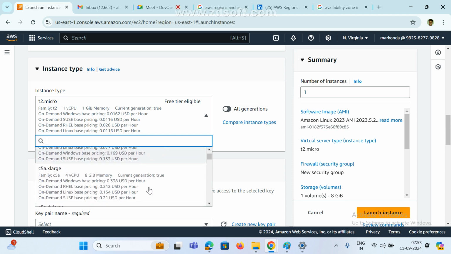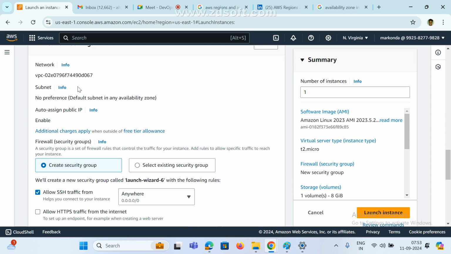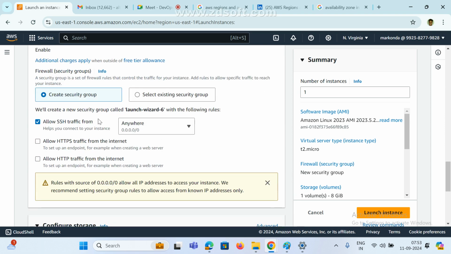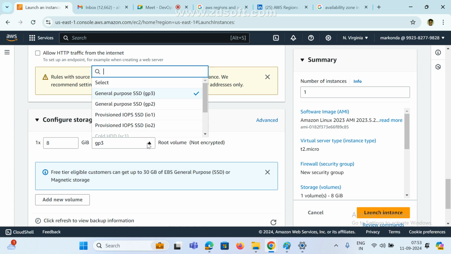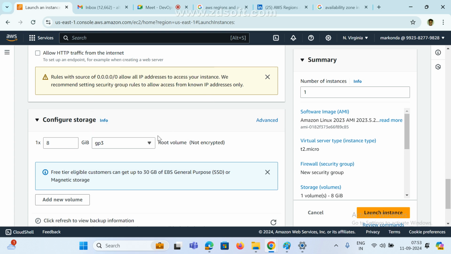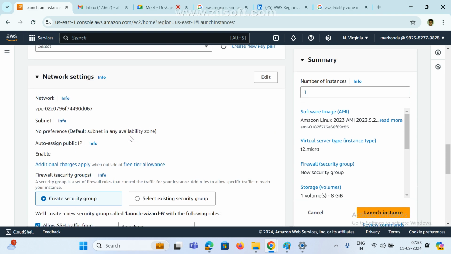So this is the key pair and network. What is the IP, where you need to connect, how it will work. Next class we'll see. This is the storage. By default they are providing only 8 GB. If you want, we can increase it. And these are the types. If you change this, they will charge based on your usage. And what are the volumes and all. Finally, if you click launch instance, it will create the one instance. That's it.